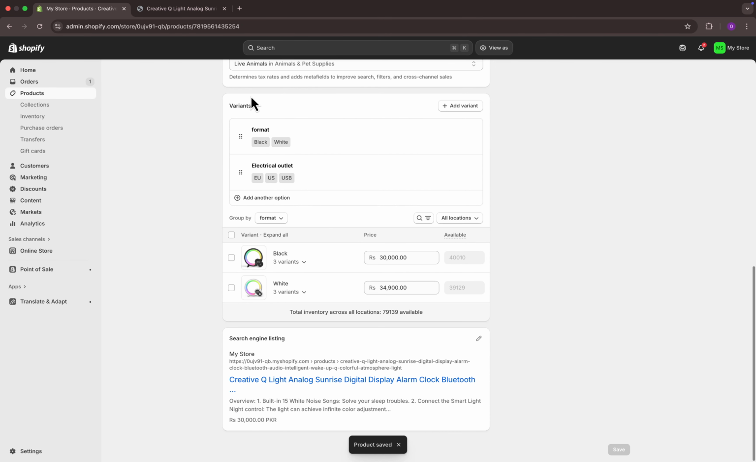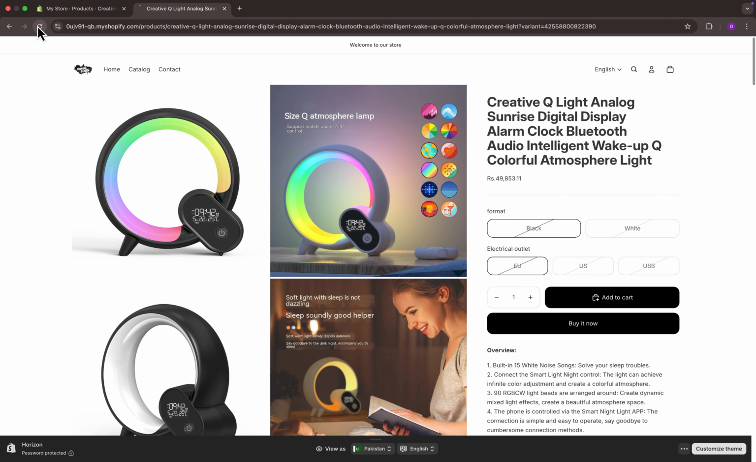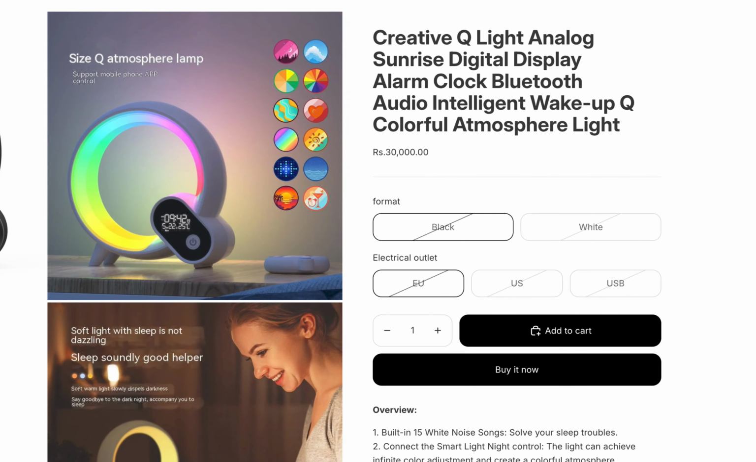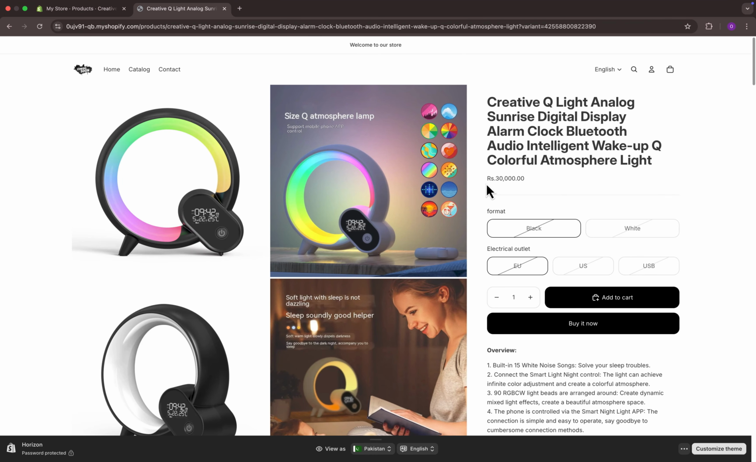Now let's go back to the store page and refresh it to view the changes. And there you go, your product will show the sale price on the product page. And that's it. This is how you can add a sale price to